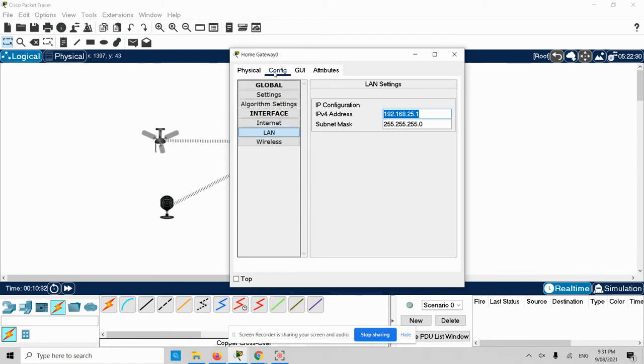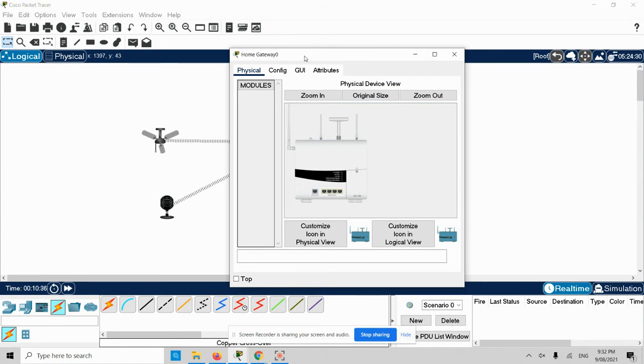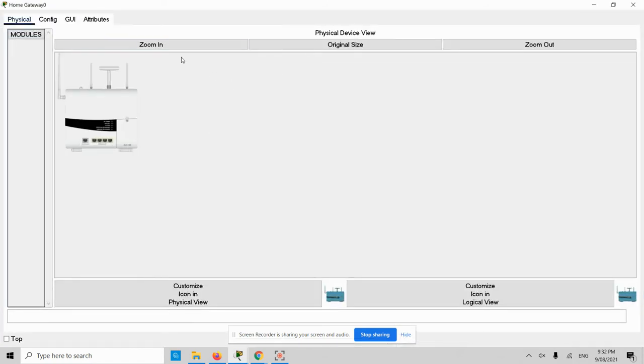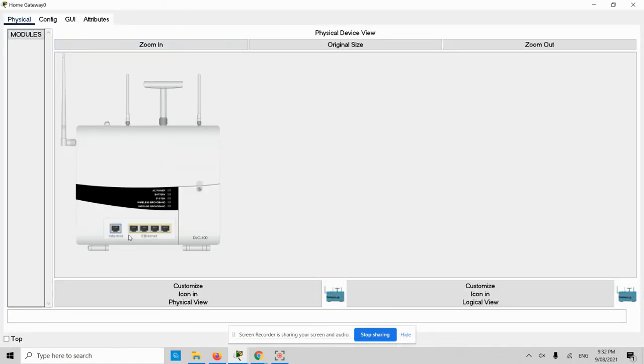So on any home router you get from an internet service provider, if you zoom in, you can see you probably have 4 Ethernet ports. That's for the local LAN, and this one is actually the internet, which can come by